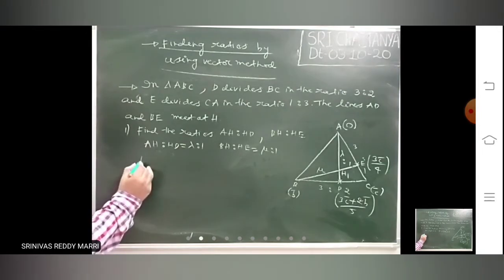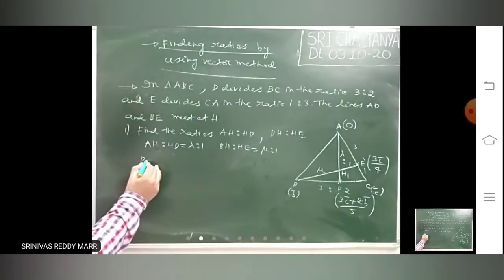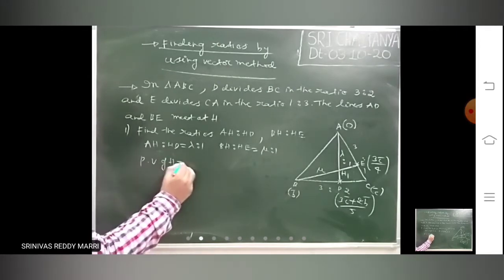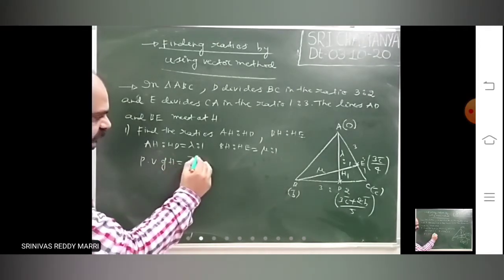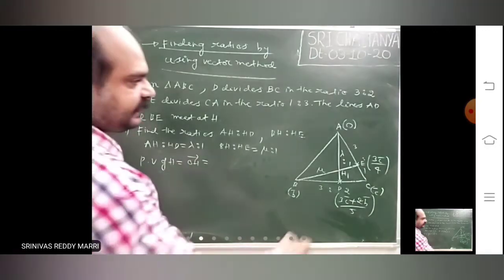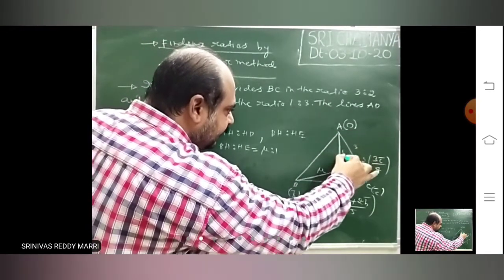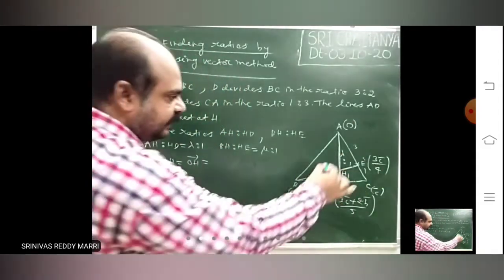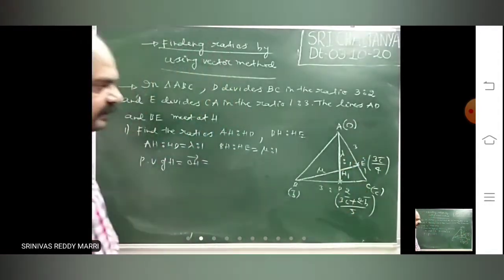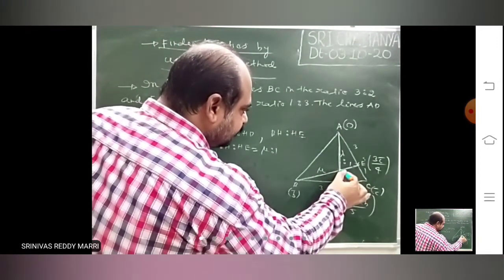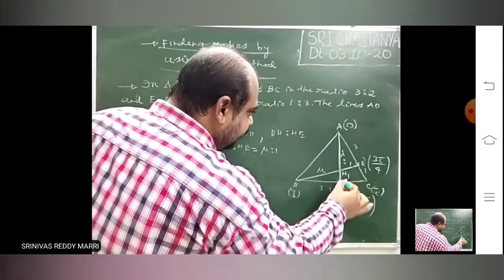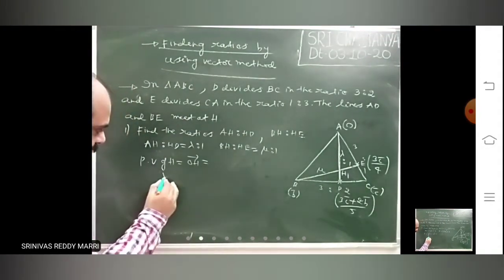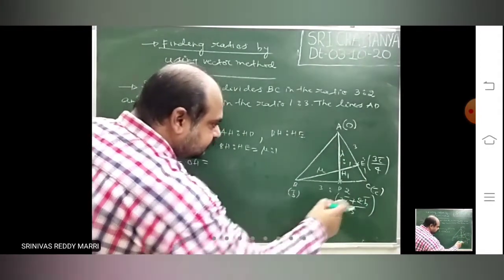Now the intersection point is there. For finding the ratios, you write the position vector of H. You can write it from this line, or from this line segment. I am writing from this line segment. This H is dividing AD in the ratio lambda is to 1. That means I am writing lambda into this vector.